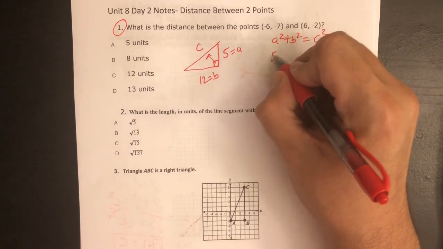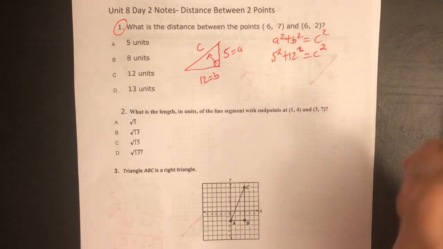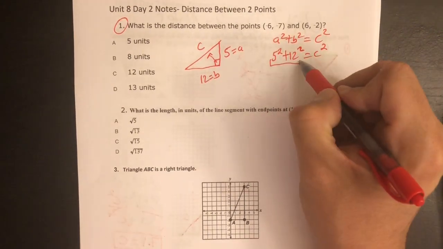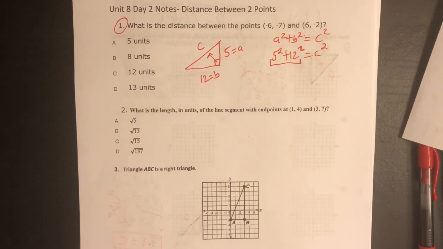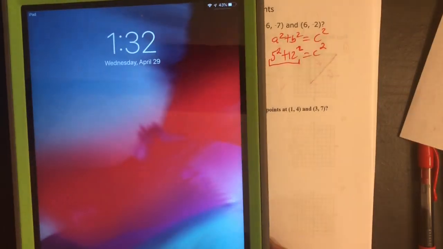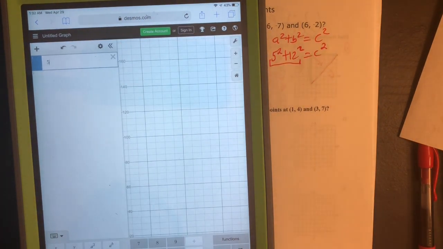So that will give me 5 squared plus 12 squared equals C squared. So once again, 5 squared plus 12 squared. Okay. Let's see what we get. So 25 or 5 squared plus 12 squared, that will give me 169